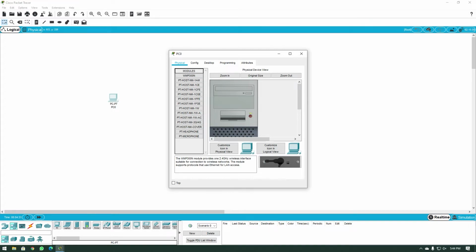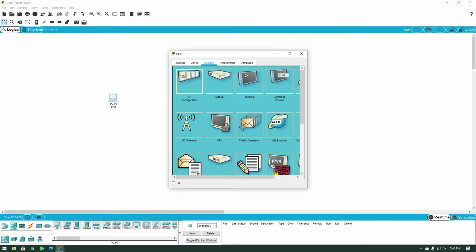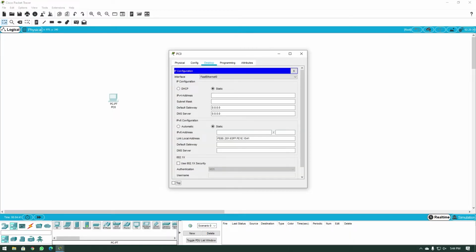Then for things like desktops and PCs and other simple end devices, you could go to desktop over here and click on IP configuration. Now this device can receive IP addresses either using DHCP or it can receive static IP addresses, which is what we will do right now.